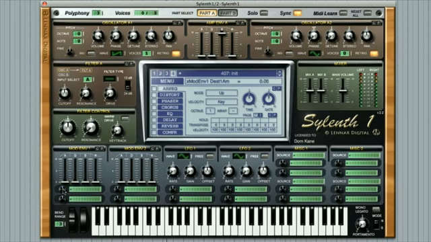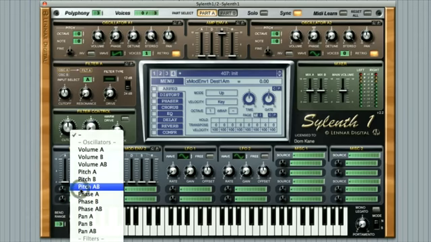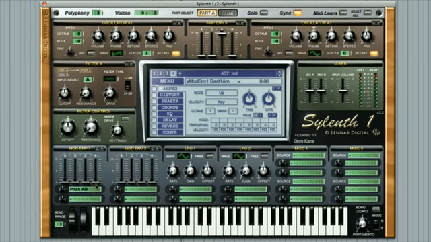So let's start with the modulation envelope on the left-hand side of the modulation panel, here under the title of Mod Env 1. Once again, you have the ADSR sliders, and these are often used to modulate either the filter cutoff or the pitch, for example. Let's assign the envelope to pitch by clicking this drop-down menu and selecting Pitch AB, and then